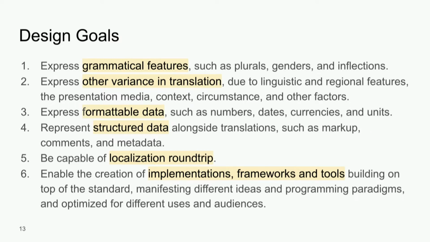The second one is variance in translation. It's a little bit what Zibi touched on when you say that the same message should be on your watch and on the big TV. Personally, I add to this mess a little bit more, because I'm not trying to look just at the web. I would say, no, you should be able to use this format on a Windows native application and a macOS native application and embed it in your gettext PO file if that's what you feel like doing, because you have an old application that would be too much of a mess to migrate. So I would like to see that too.